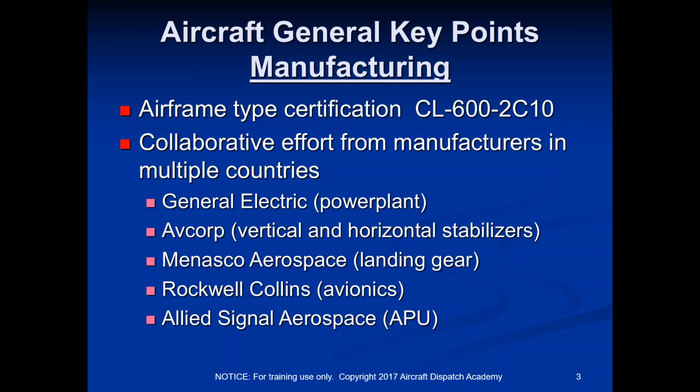The actual origin of this particular jet came from a Learjet Canada Air made called the Challenger, and you still see them a lot around, but it looks like an even shorter 200. It looks like a little 200 with 5 or 6 windows. Anyway, the 200 ultimately came from the Challenger Learjet, extended out to make a 50-seat 200, and then they made that longer and bigger into the 700, and then took that plane and made it longer and bigger and made the 900. So the CL on the type certification actually stands for Challenger. So the airframe is Challenger 600, which the 200, the 700, the 900 are all